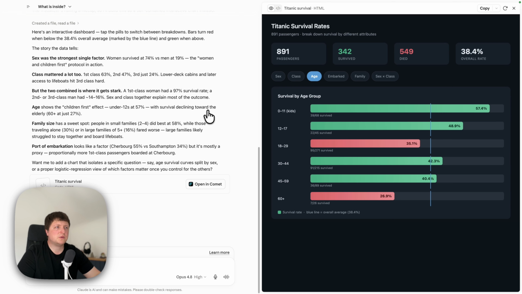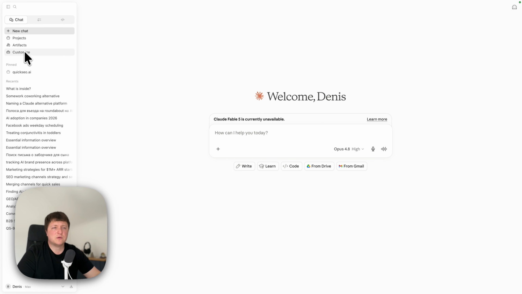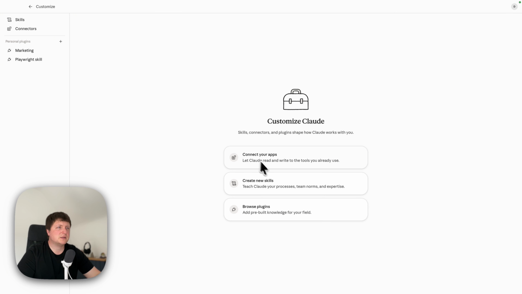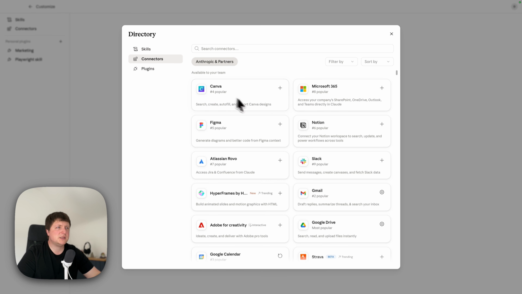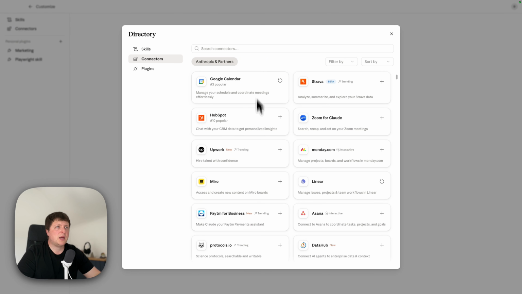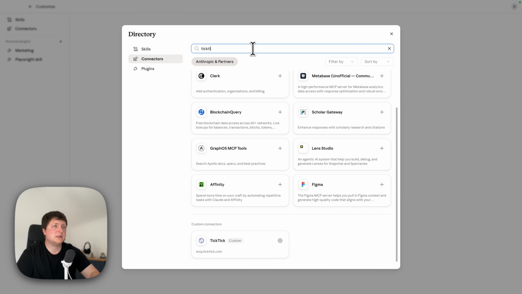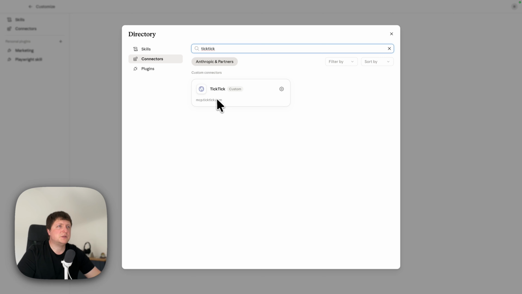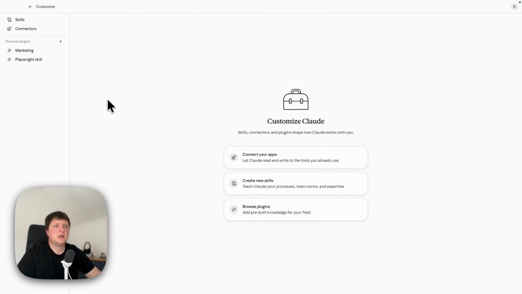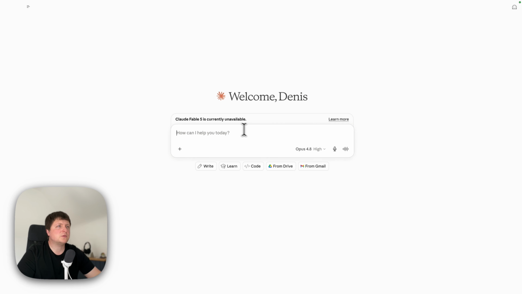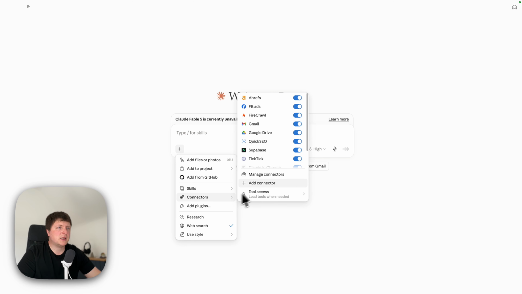Now imagine that you can work not with just data like a CSV, but if you have some connectors. If I go to customize and click connect your apps, then I can see which apps I can connect. And I have the Tick app connected here. So you see, Tick is my to-do list. And what I can do now is I can go to Claude and make sure in connectors that